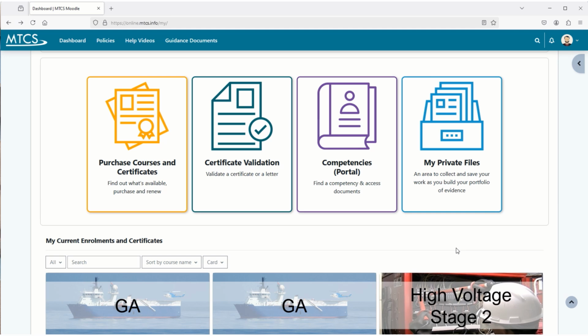If you are wishing to complete a grade assessment, then at some point you are going to need access to the competency files for that particular grade. Now, these can be accessed at any time, so you can do that before you've purchased the grade assessment, and that is recommended so that you can gather your evidence before you actually spend money to pay for the verification